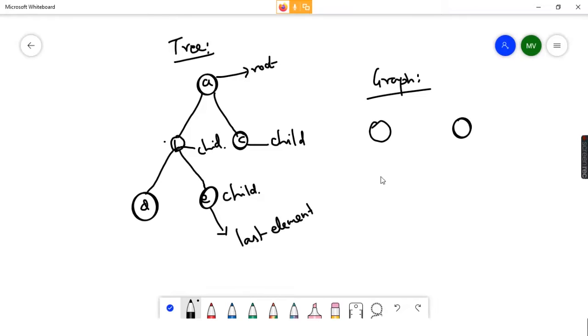So let's take one example of a graph. I just want to make sure you know about graphs, and confirm that, and then I will suggest the available algorithms for finding the shortest path in a graph. This is just an introduction video to data structures and algorithms. We will see later each data structure type and its related algorithms.